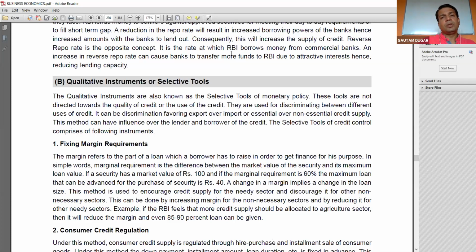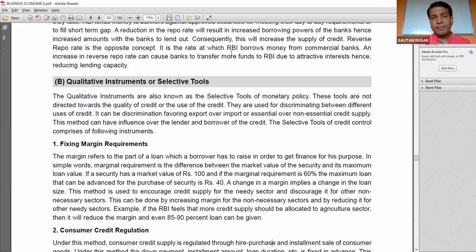Now suppose you want to purchase a flat worth, say, 50 lakhs. The bank will ask for security. Normally, the bank gives a loan on the security of that flat itself. Now you want to purchase a flat of 50 lakhs. The bank will not give you a loan of 50 lakhs. Just take an example with the margin requirement. We're going to explain what a margin requirement is. If the margin requirement as per the bank is 40%,